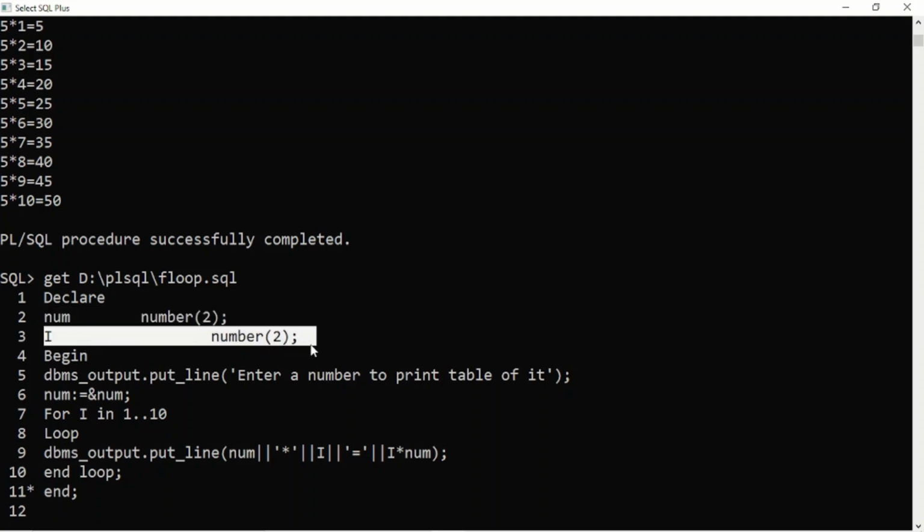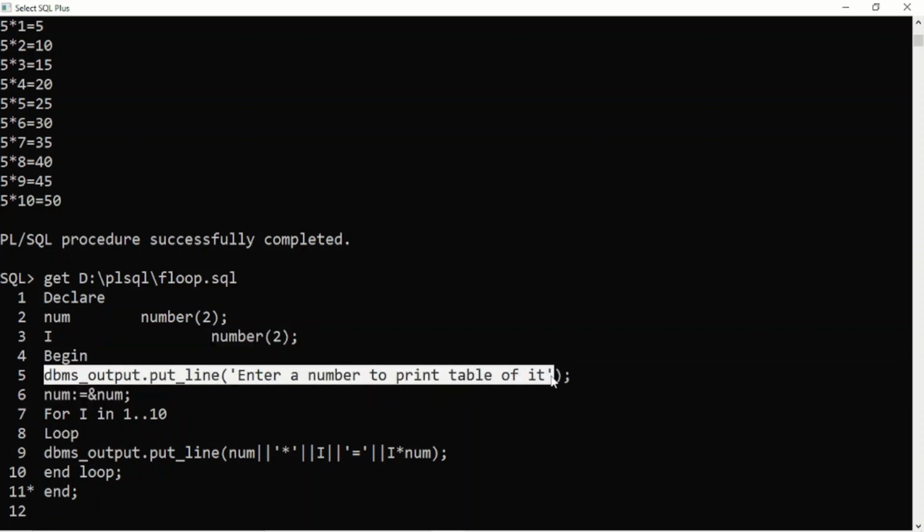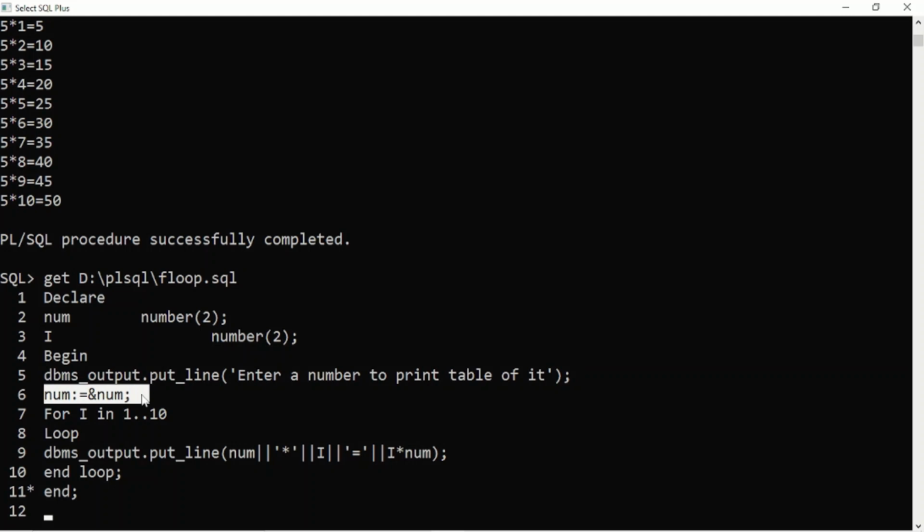This I will act as a counter, and this dbms_output.put_line will give the message to the user, enter a number to print its table, and this will be read by this num variable. And this is the for loop, it will run from 1 to 10, and the value of I will vary from 1 to 10. The initial value of I is 1 and the maximum value of I is 10. With this we'll enter into this loop.